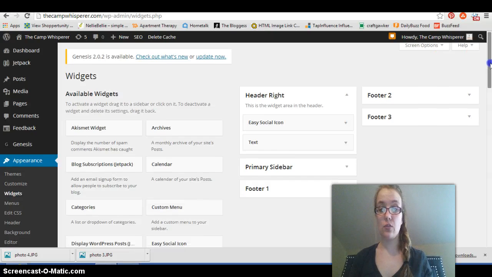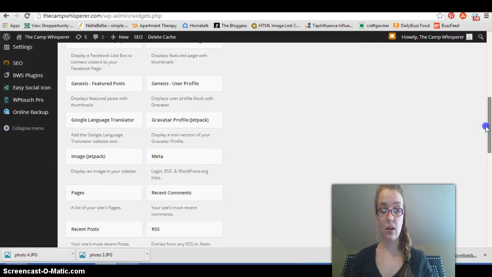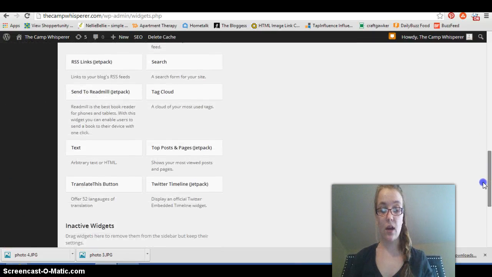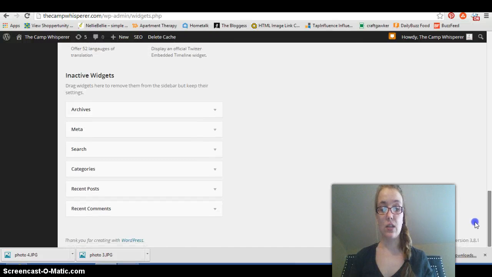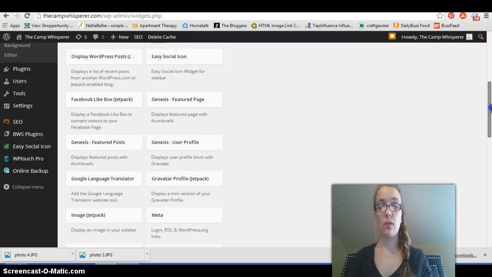Then if you scroll down, you'll see that there are a whole lot of options to put in, and then there's inactive widgets. Inactive widgets aren't something you need to worry about right now. But what they do is, after you've already put something in a sidebar and you decide you don't want it, you can put it in there and it saves everything so that if you change your mind, you can put it back in without having to redo stuff. But for now, we're going to go to the top,